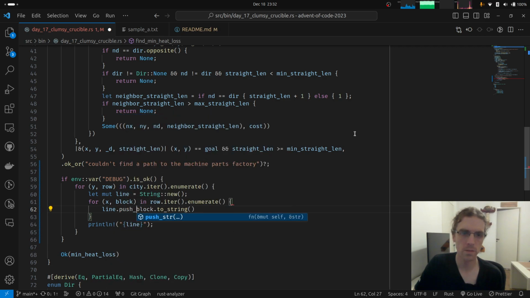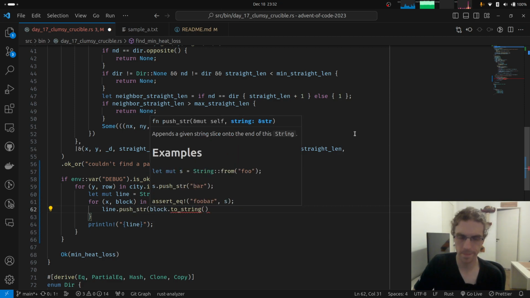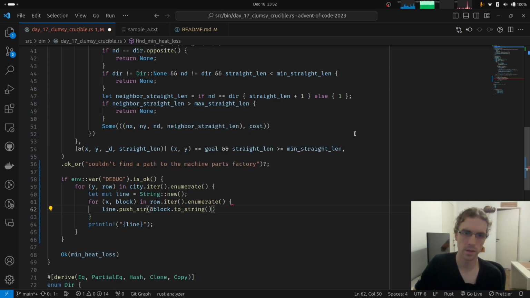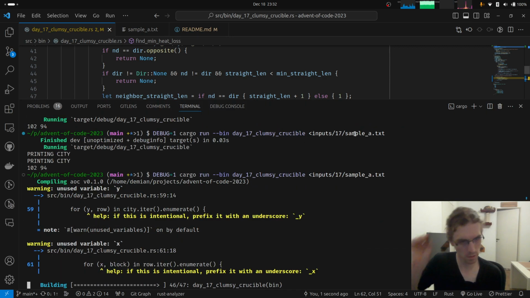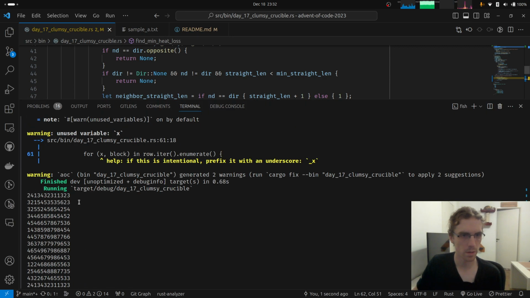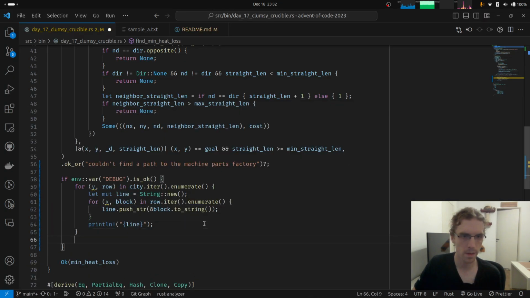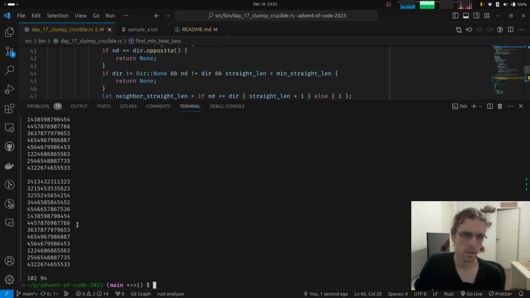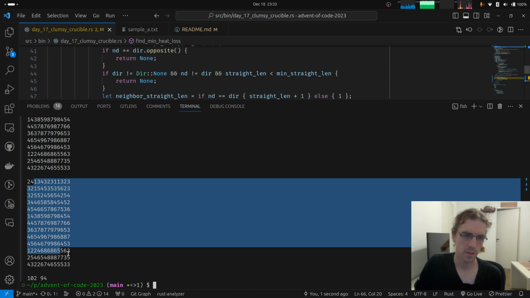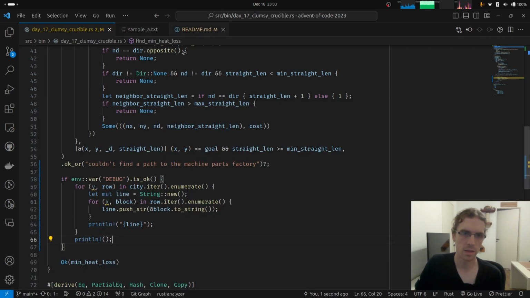This will allocate unnecessarily, but it's just a little thing. With this, we should just print the... Well, there's no separation between these two. Maybe let's add a final end line here. Print line. So this is basically the map, the first sample. Nothing fancy.